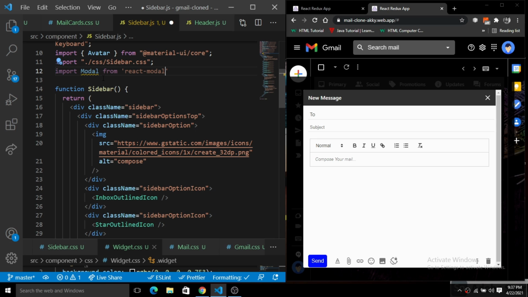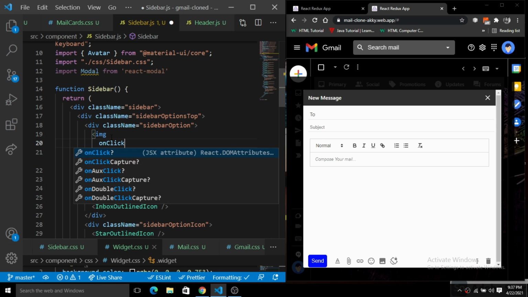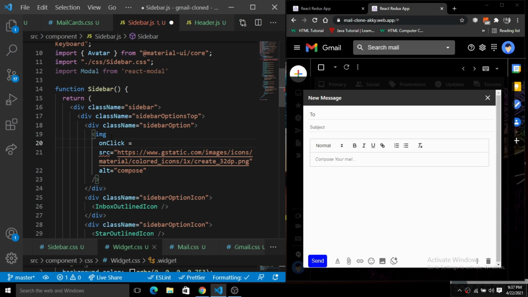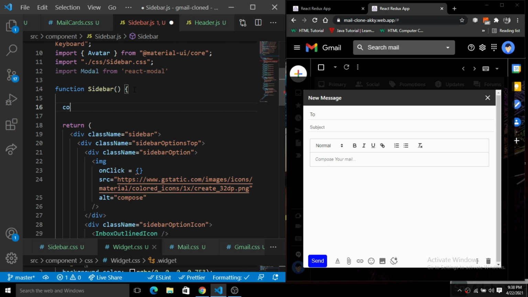So the first step is to just import React modal, okay? And then on the image, when we click on this image, we will add an onClick functionality. When we click on the image, we would set the modal open and the modal close. So for that we need a useState, a local state here.